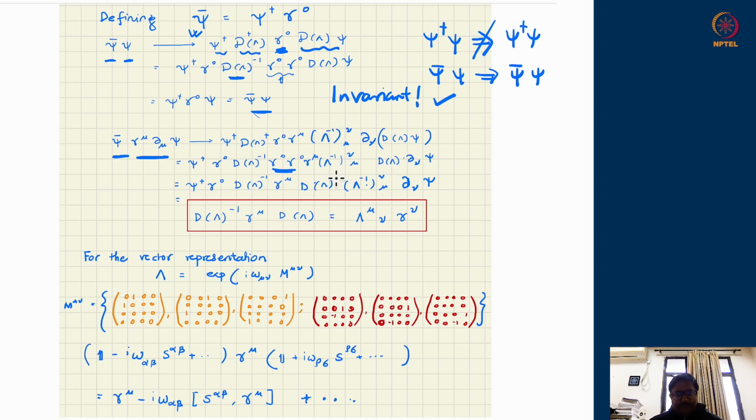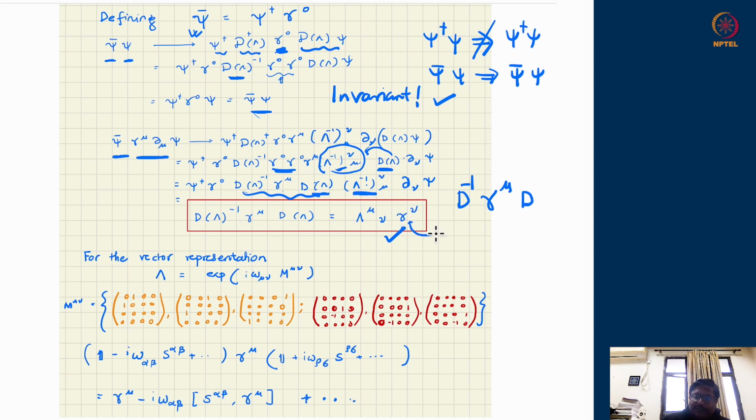Effectively you will get this thing, which is just a number, a matrix element, the mu nu element of lambda inverse. This is just a number and this is a matrix, so a number and a matrix can be flipped. So I can take this from the left hand side and bring it to the right hand side. D of lambda appears here, and I have the structure D inverse gamma mu D. So I had a gamma mu matrix. What I am doing is taking a transformation matrix D inverse from the left and D on the right, and one can prove, which we will see in a minute, that this operation is equivalent to something like a Lorentz transformation as a vector on gamma nu.